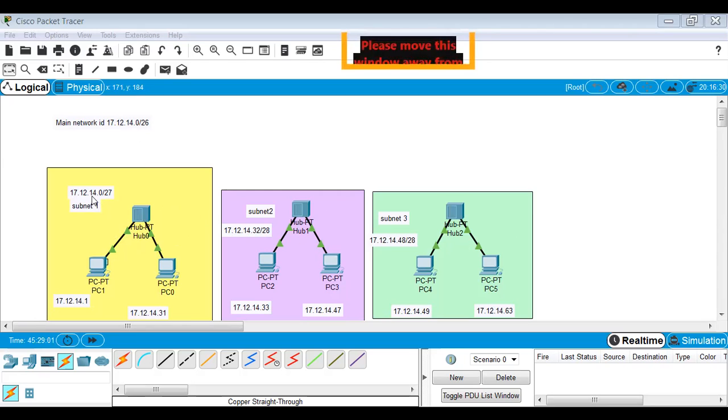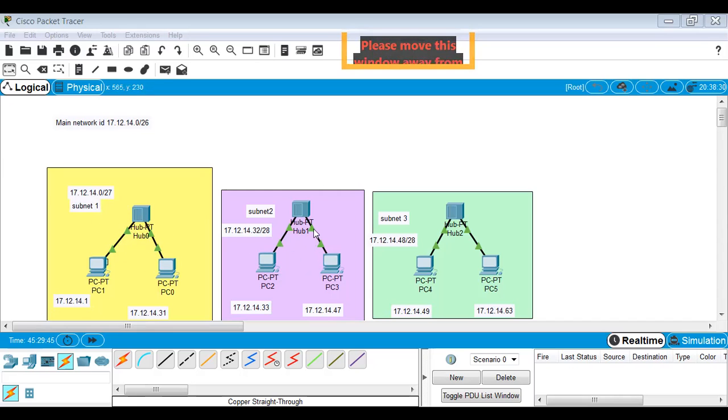So how do we get the unique ID? That is, the first address is used as the network ID. And how this works is that when you apply this mask on any of these addresses, we get this as the address. That is 17.12.14.0. For any of these addresses in this organization, in this subnetwork 1, when you apply the 27-bit mask, the other 5 bits become 0. So the remaining address is nothing but 17.12.14.0. So that is how you get the network ID of the subnetwork.